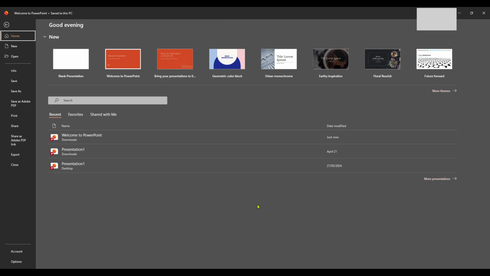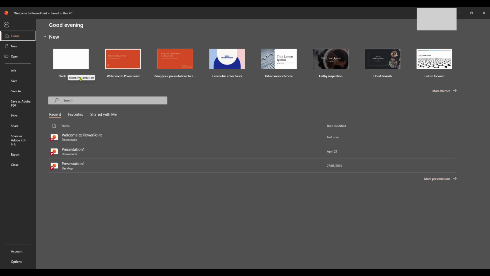To begin, you'll need to open the Microsoft PowerPoint application on your laptop. Once you've done that, you'll find yourself at the main screen, where you can see options for different types of presentations. If you already have a specific presentation you want to work on, simply click on it. Alternatively, if you're starting from scratch, you can select New Presentation to open a blank canvas. This will be your starting point, where you'll actually create and customize your slides.